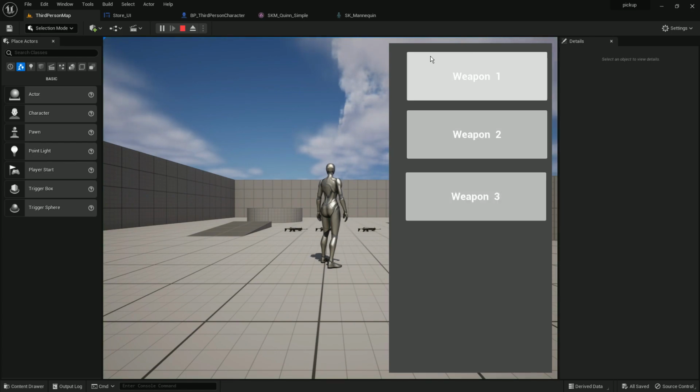There's always a game menu or main menu, whatever it is, so he'll select any weapon, and whenever he selects,